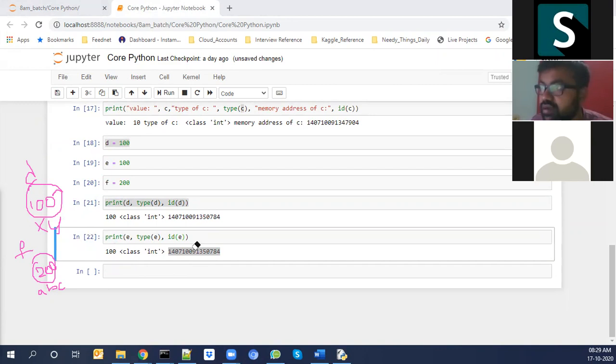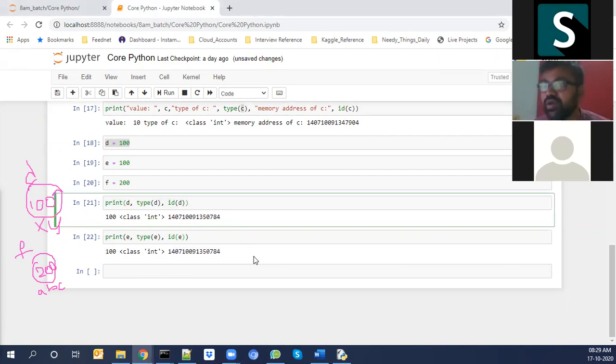It's clear, Teju? Yeah, Sampath, it's clear now. If you want, I can explain one more time. No, no. I also told the same thing. If the value is the same, it's assigned the same memory address, right? And if the value is changed, it will take another memory address. Yes, exactly. It will create a new object. We will not say that it will take the same memory address. It will create a new object for that and assign a new memory address for it. Okay.